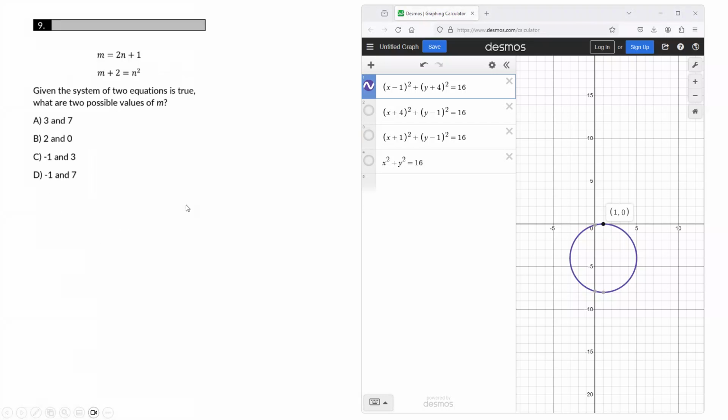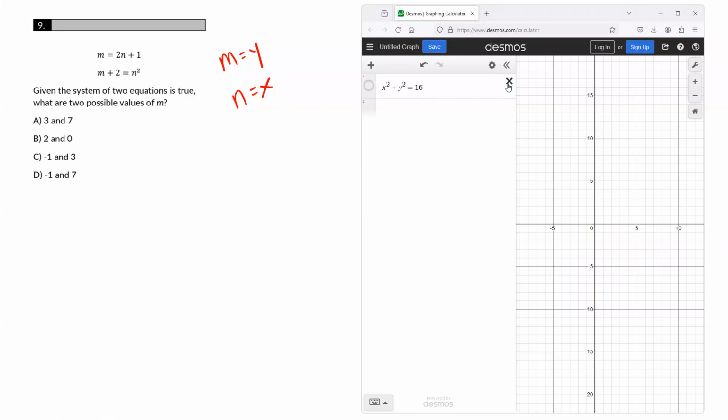All right, two more to go. Number 9, we have a system of equations, but this time there is an M and an N. Desmos does prefer if you use X and Y. It doesn't matter which one you make, like M is X or M is Y, as long as you keep straight what you do. So I'm going to make M equal to Y and N equal to X. I think that's just going to make things look a little more normal for me, but you will get the right answer either way. So it's y equals 2x plus 1 and y plus 2,